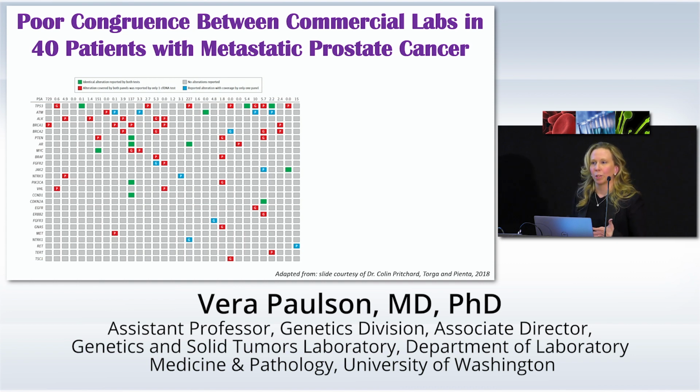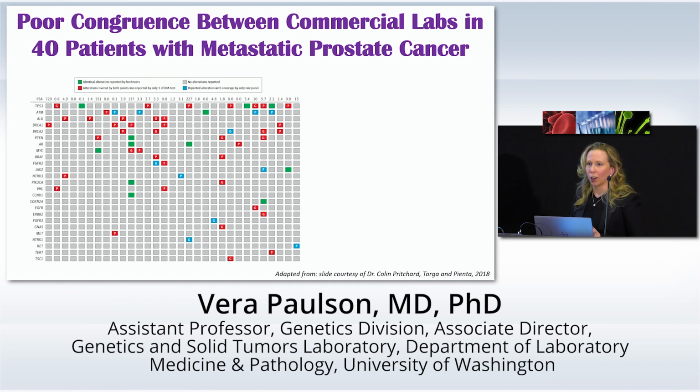One of the other criticisms that cell-free DNA tests accrue is that there is poor congruence between different commercial platforms. And I apologize to our red-green colorblind members of the audience. This would have been a bit of a feat to fix. Look for the letters. Basically all of the green are the things that are concordant, and all of the things that are in red are not. Things that are in blue basically meant one or the other assay didn't test for this, so that could not be assessed. As you'll see, there's a lot of red, things that don't match.